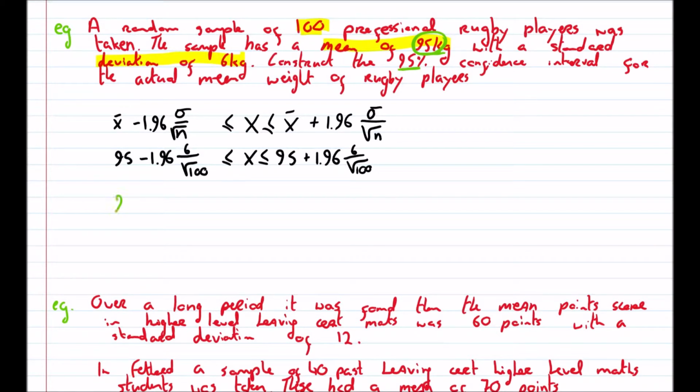So that gives us 95 minus 1.176, 95 plus 1.176, and that is 93.82